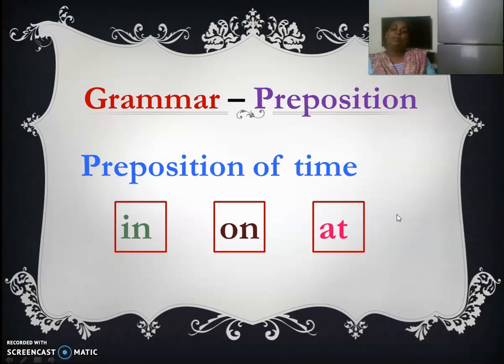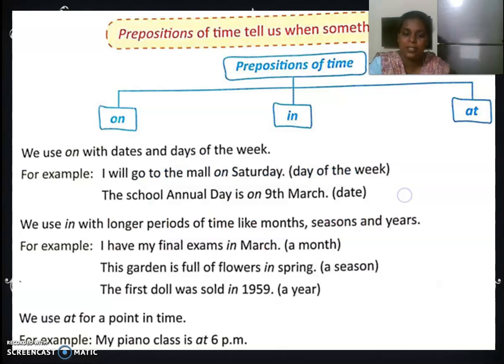Then today, coming to today's topic, that is grammar, preposition. First, preposition. What do you mean by preposition? And also we are going to discuss the 3 types of preposition. That is the preposition of time, actually we are going to discuss today, which is going to be interesting and it is very easy also. So the 3 we are going to use are in, on and at. So is it puzzling? Okay, come, we'll now check what it is.